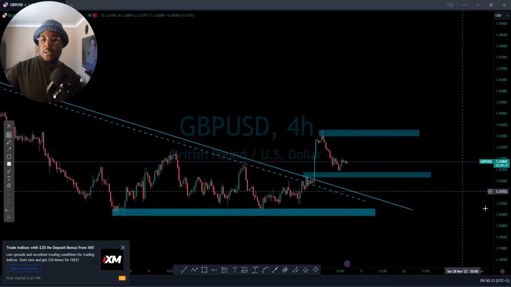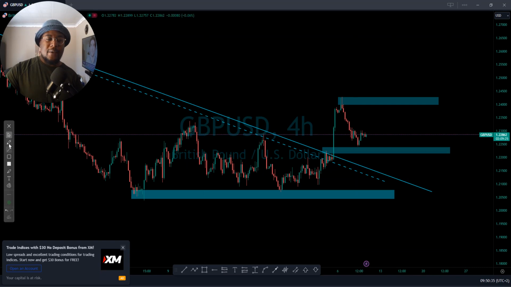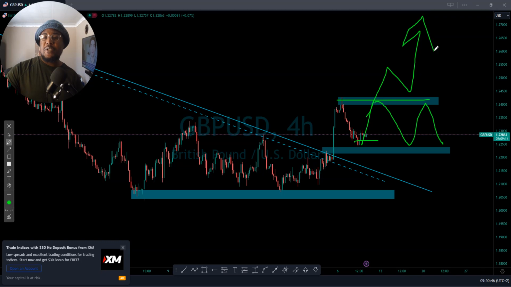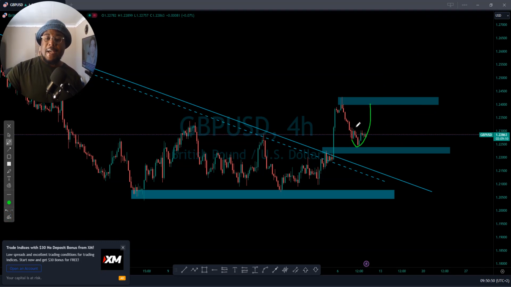Since the market broke out, I think we can have a very nice buy, as the market might push to the upside. Something like that might happen, but not really that long. It might happen once, and then the market might continue pushing to the upside. Most likely, the market will consolidate after the breakout, so be careful with that. There's also a chance that the market can still push lower.